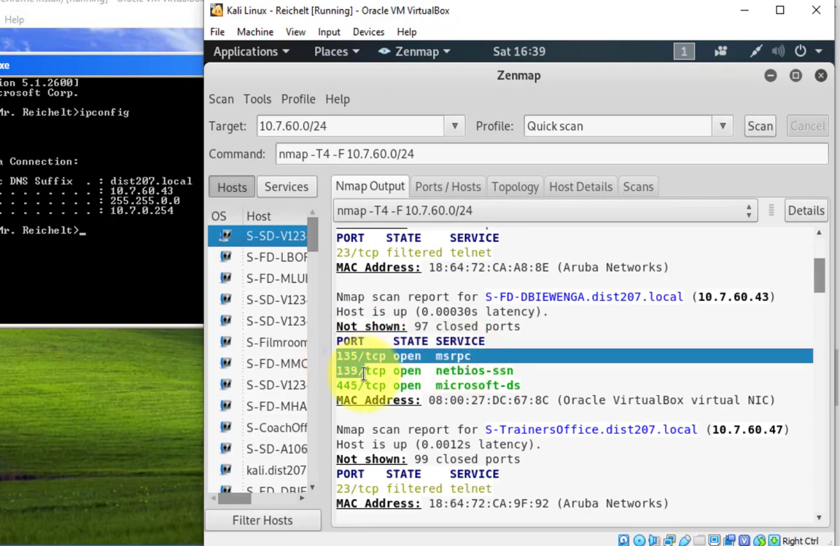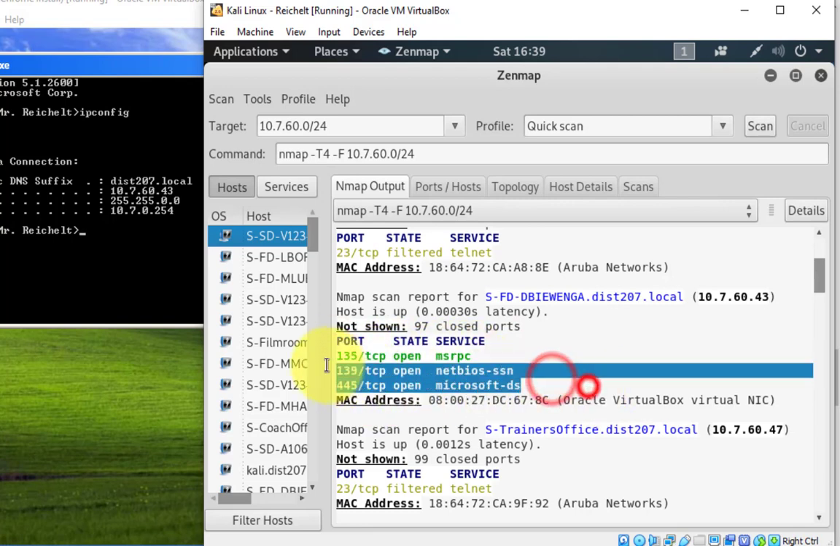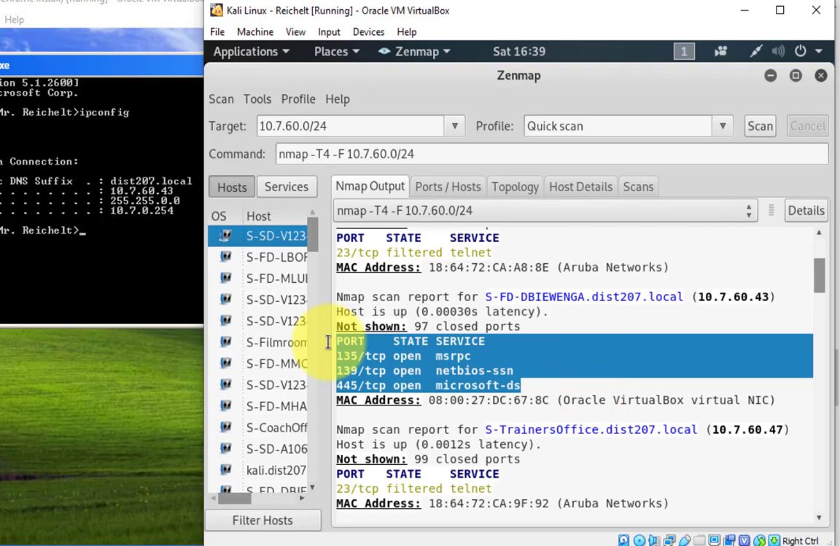163, 139, and 445. These are all ports that are open. Not necessarily the best thing in the world, but ZenMap was able to tell me that these ports are open and this computer is able to accept connections through those ports. So let's try to connect from our Kali Linux machine to our Windows XP machine through one of these ports,